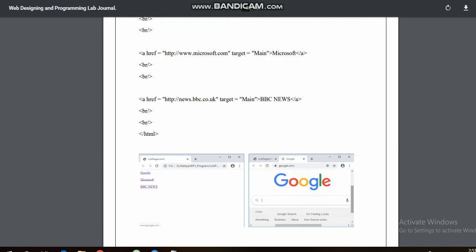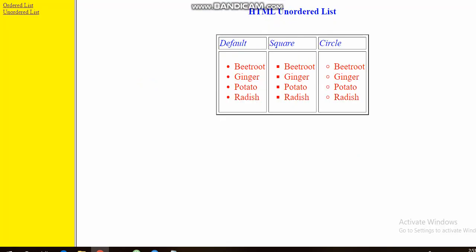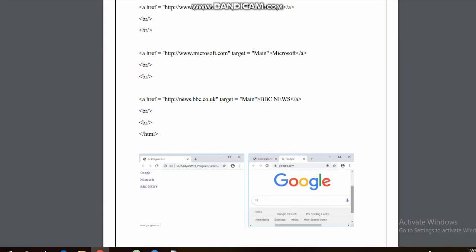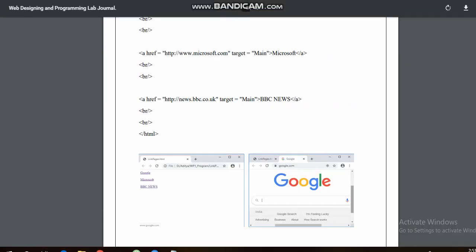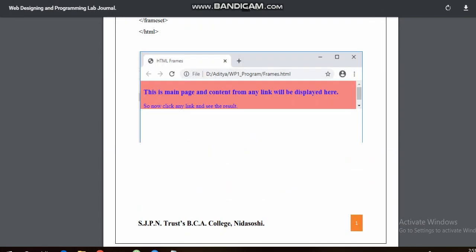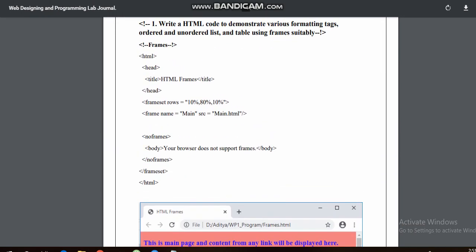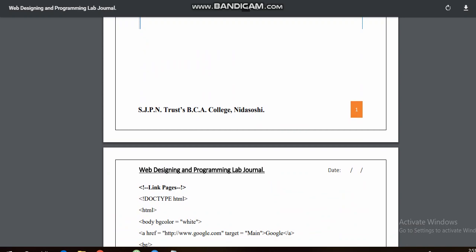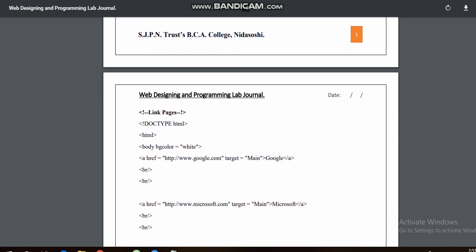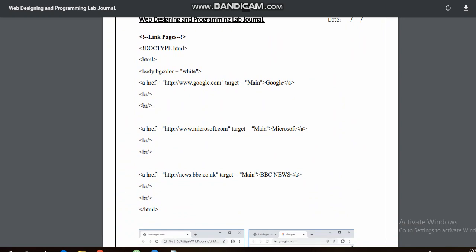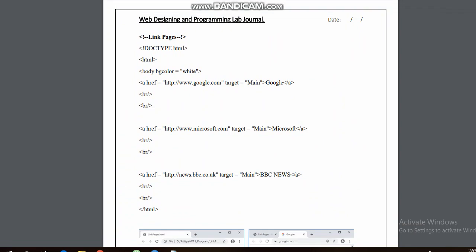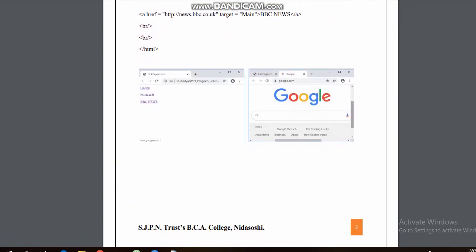Hope you followed it. Just go through that. I think there's no need to revise more code. We have 3 to 4 files: we have frame.html, we have link pages, or target frames. Both the files are same. When you go for this code, use link pages. When you are going for the program which I have told in the lab, you can take target frames.